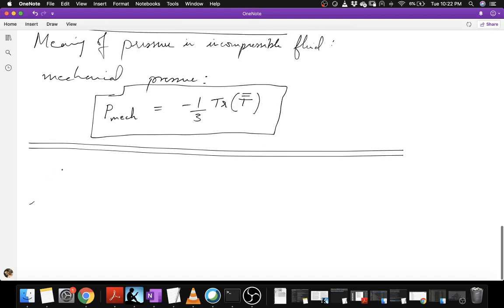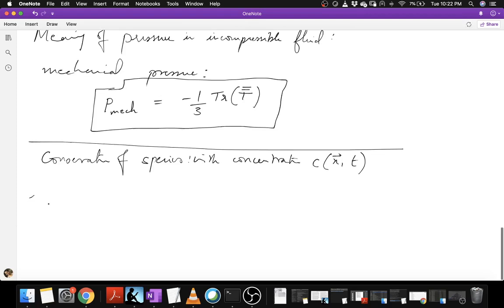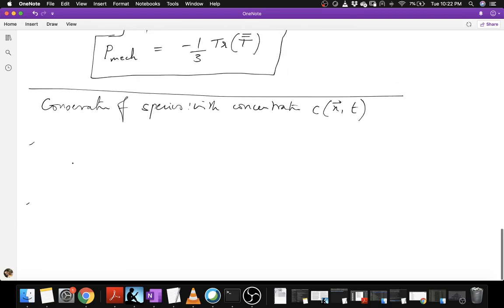So let's write down that principle directly. So conservation of species, let's say with concentration C of x comma t. So this is the concentration field of some species within the fluid, of some solute, let's say, within the fluid. And so I can write